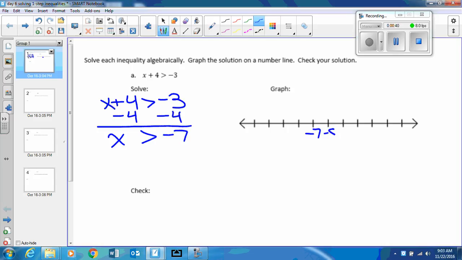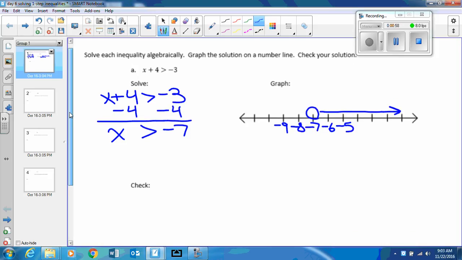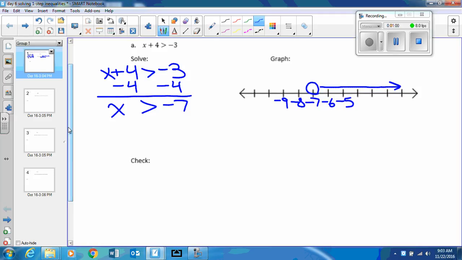So on my graph, I put negative 7 in the middle. Go two values either side of it. Open at negative 7, and I'm graphing numbers greater than negative 7, so I would shade towards the right. For my check, I can pick any number above negative 7. I'm going to use 0 because typically 0 will be a nice number if it's in your shaded region to